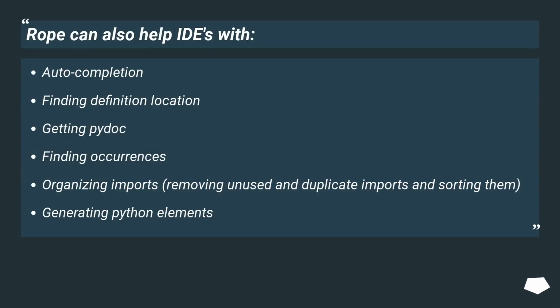Rope can also help IDEs with auto-completion, finding definition location, getting PyDoc, finding occurrences, organizing imports, removing unused and duplicate imports and sorting them, and generating Python elements. This URL